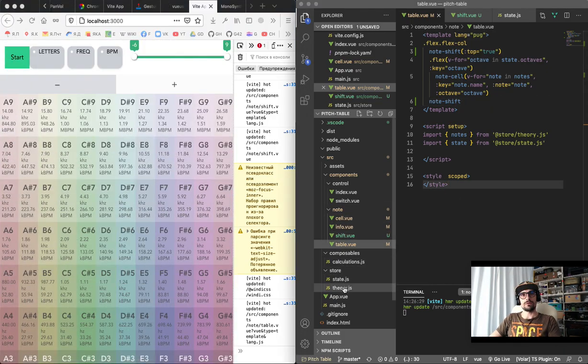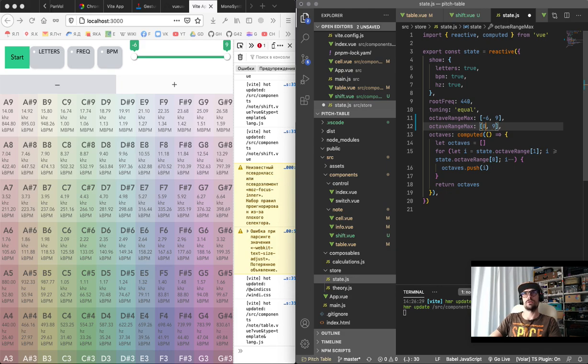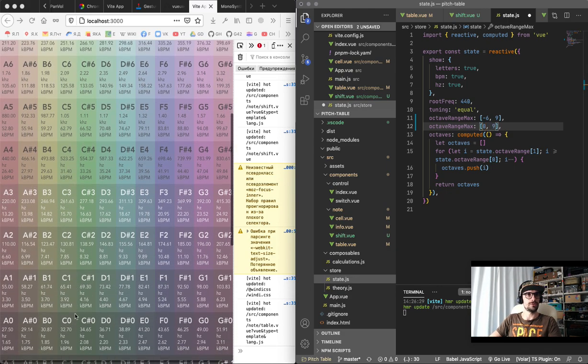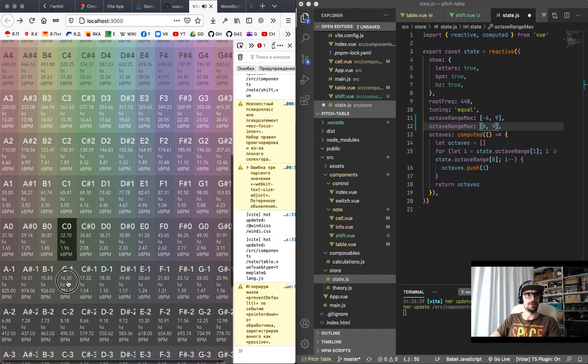Now I think I will add octave range max and also the octave range, so I'll have the limitations written in the configurations, and what I need to understand is what octaves should we have from the start. Is it the lowest thing? Yeah, and